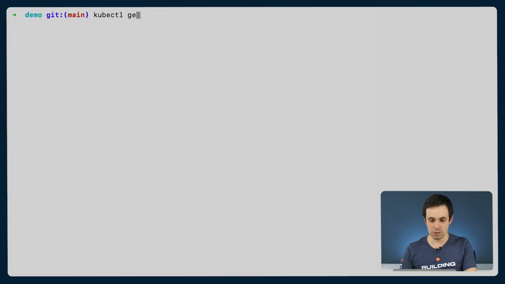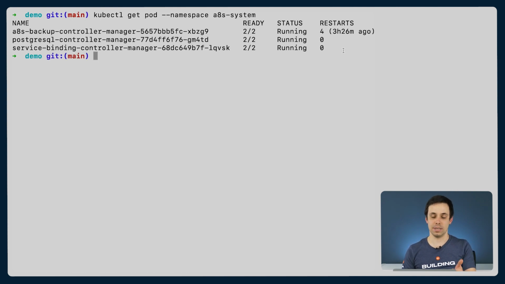Hello! In this video, we're going to see how you can use anynines to dynamically update the configuration of a running PostgreSQL instance. Here on my laptop, I have a local Kubernetes cluster provisioned with kind. Anynines is already installed in it, as we can see. If we do kubectl get pod namespace anynines system, we see that the anynines control plane is there, up and